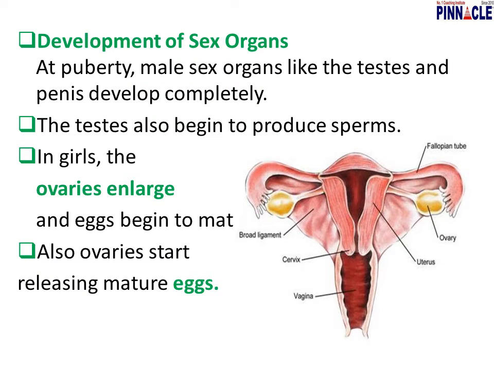And development of sex organs at the puberty stage: male sex organs like the testes and penis develop completely. The testes also begin to produce sperms. In girls, the ovary becomes large and eggs begin to mature. Also, the ovaries start releasing mature eggs. So this is the ovary, fallopian tube, broad ligament, cervix, uterus. This is the uterus where the child